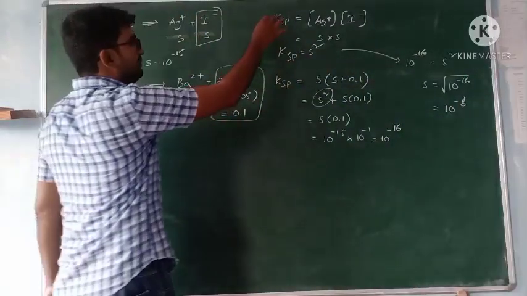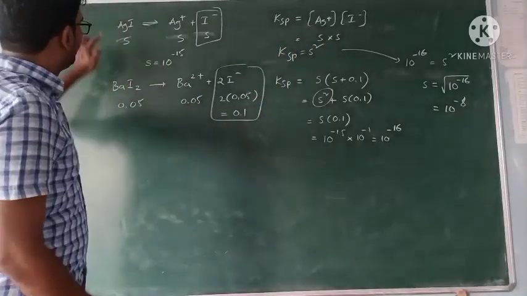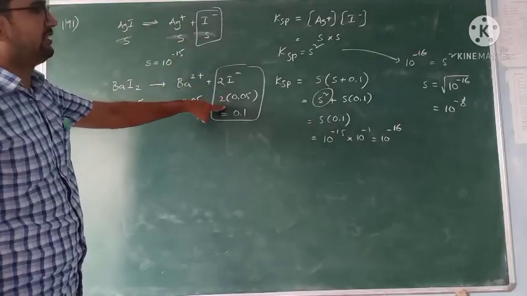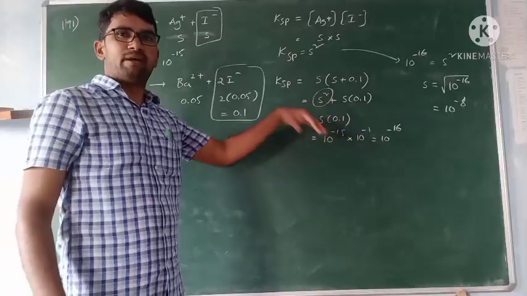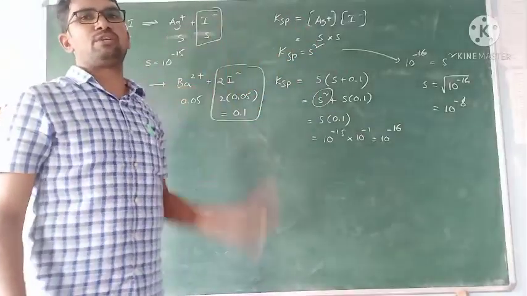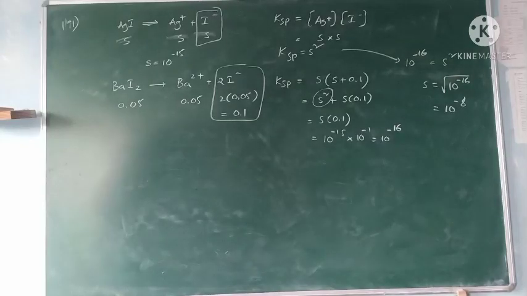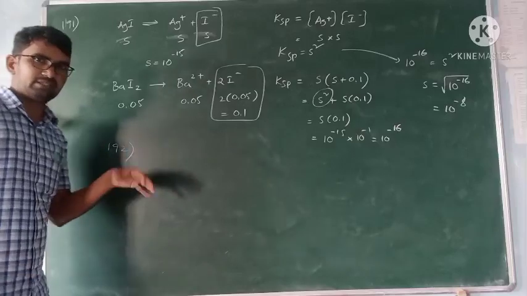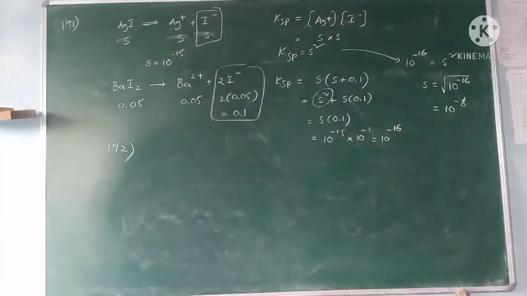This is in water. In water it is simply dissociated like this. But when these two are together, common ion effect is there. So based on this one, first we calculate the KSP value, and by using this we can calculate the solubility in water. Now 192 is miscellaneous. Actually, it is related to the other one. Those concepts are not completed, so leave it.